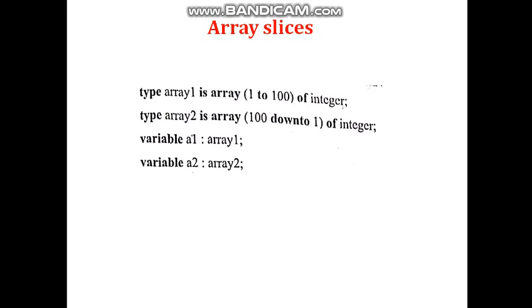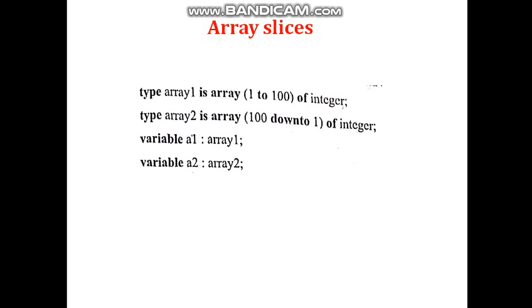Similarly, the slice A2(50 downto 41) is an array of 10 elements but with a descending index range. The slices A1(10 to 1) and A2(1 downto 10) are null slices, since the index ranges specified are null.